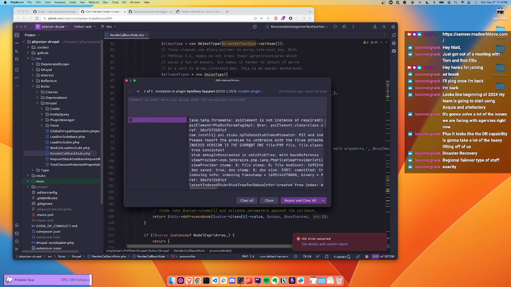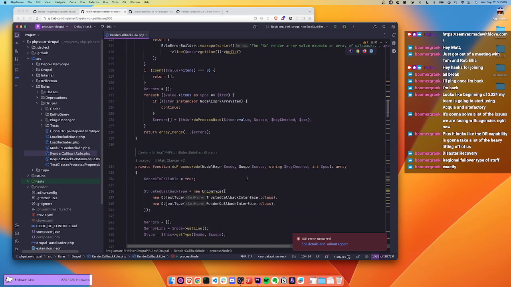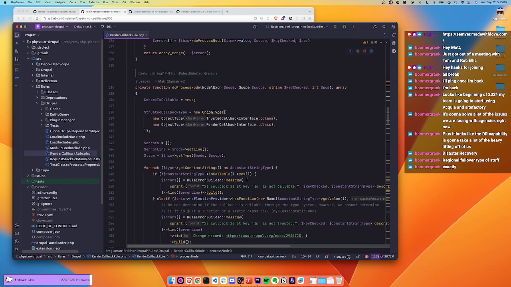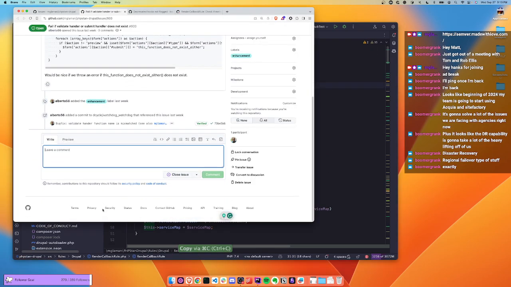Okay. And we're able to inspect render arrays for their values. So just to make notes, this should be possible and is similar to callback which checks